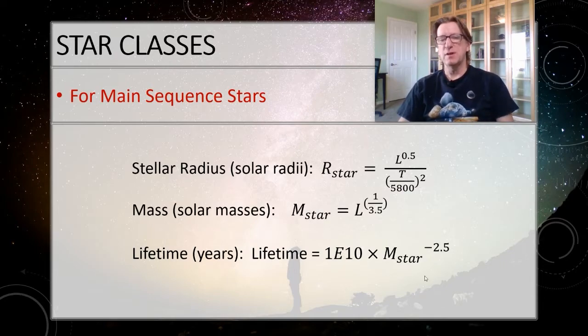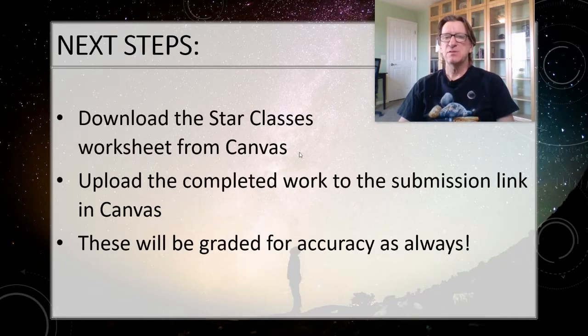So this part here, you can think of that as solar lifetimes. So if you get a 1, that's the same length of time as the sun. But we want it in years usually. So just multiply by 1e10. That's multiplying by 10 billion, and that'll tell you how many years the star is going to survive. All right, so that's it for this one.